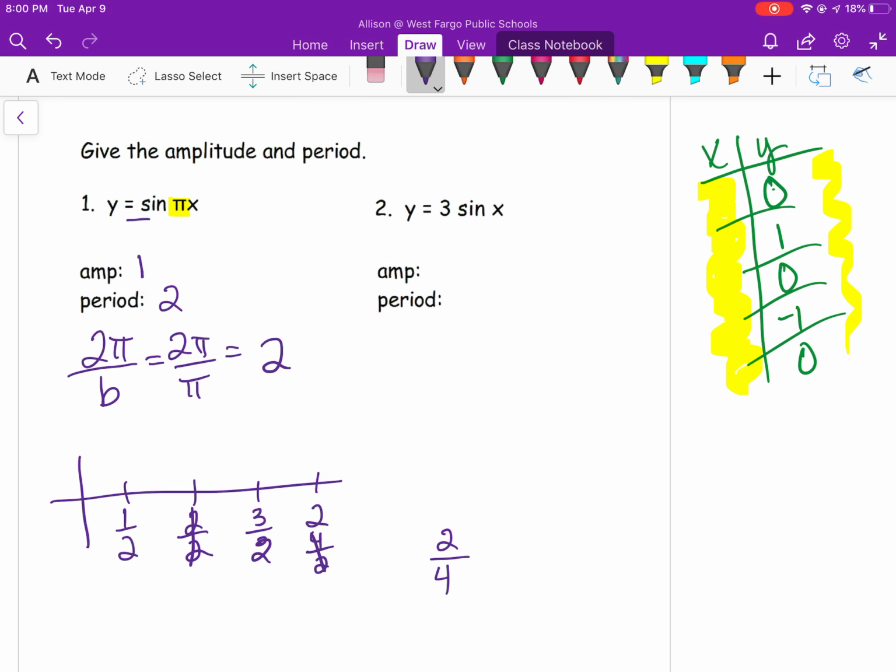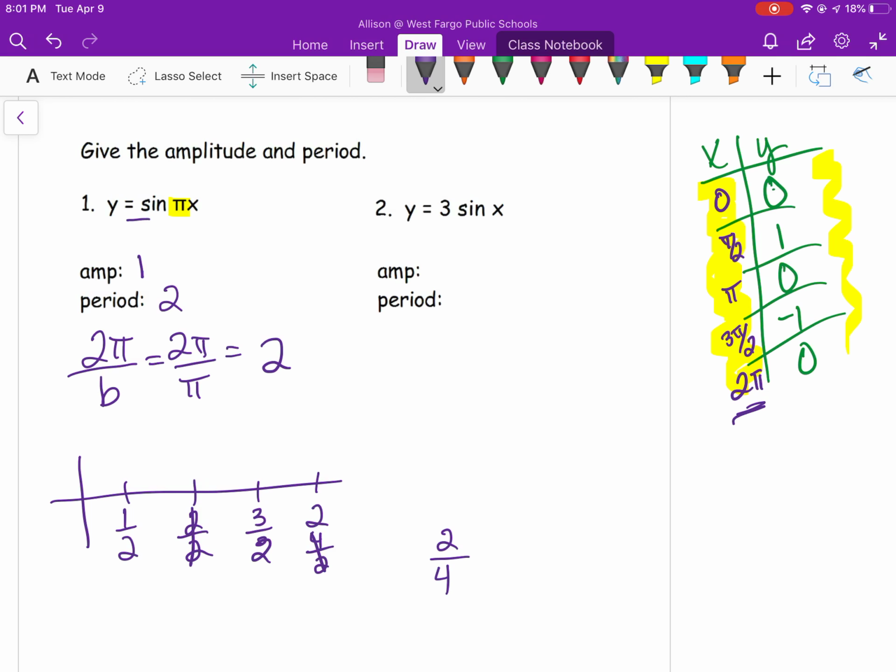The standard 2 pi period, that one follows the unit circle where you start at 0, then it's pi over 2 for 90 degrees, and then pi for 180, and then 3 pi over 2, and then 2 pi. So 2 pi is the parent function standard